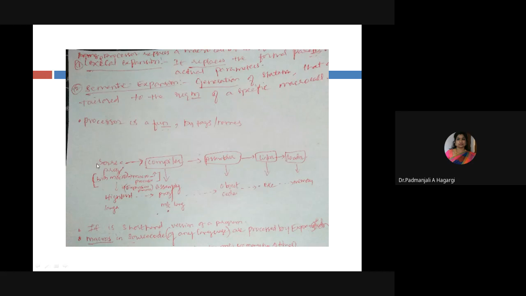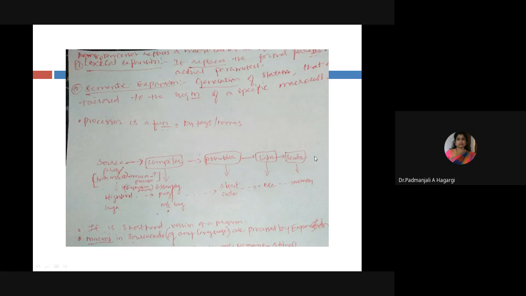Now if you observe here, it is a source program. I have a source code which is in a high level language, and it has to generate the executable code. It has to generate my output.